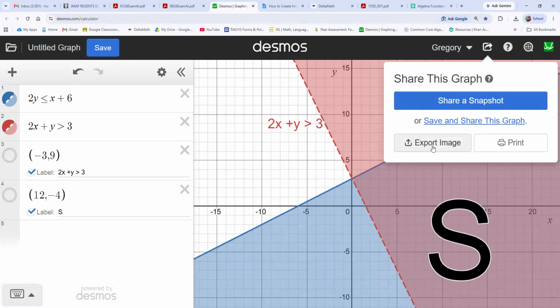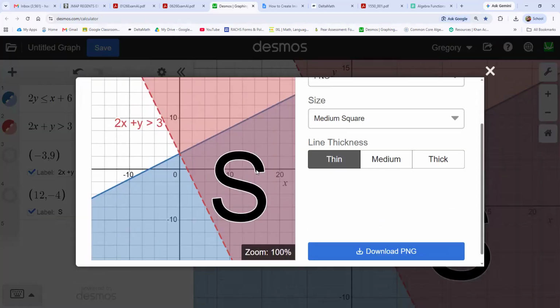Let's see what it looks like if I were getting ready to export it. All right, that looks good. Now I kind of want to move it over, but that's it. So you can see that the S is in here. We're ready to go. Now, the last thing I want to do is I actually want to put the point